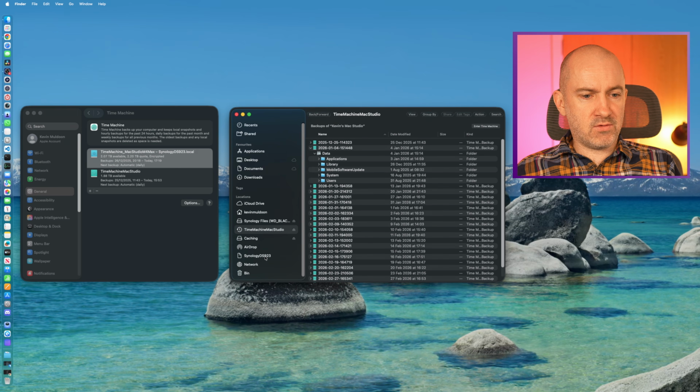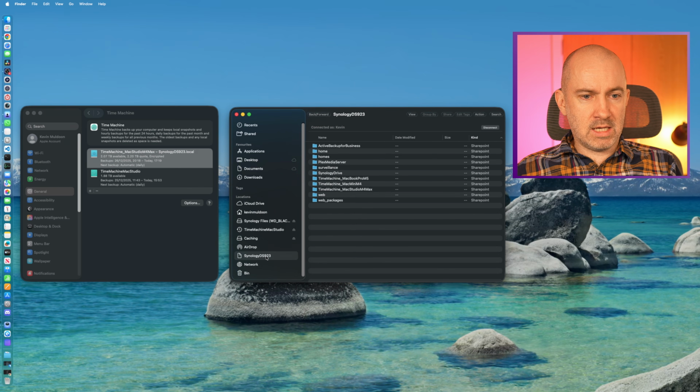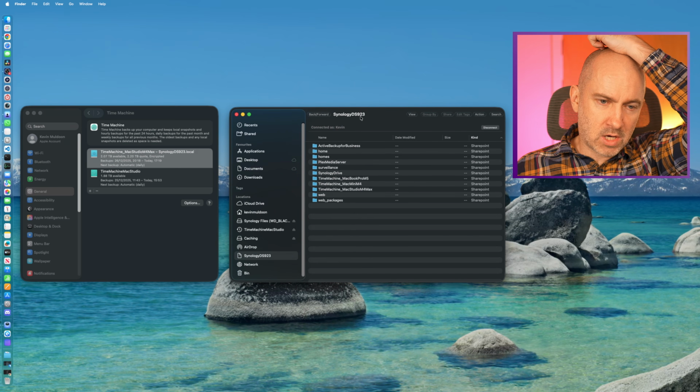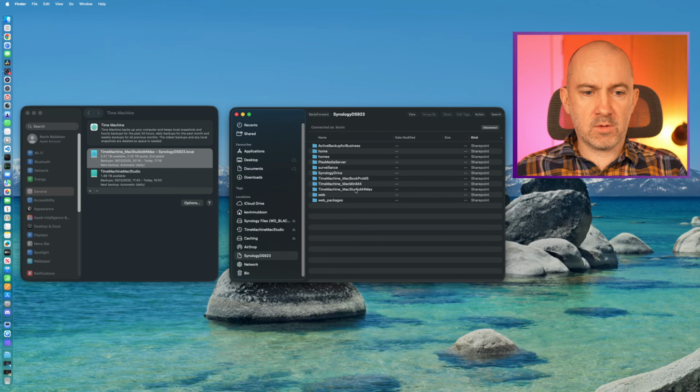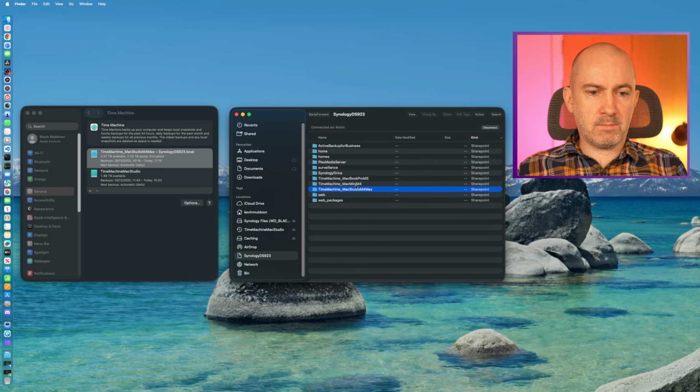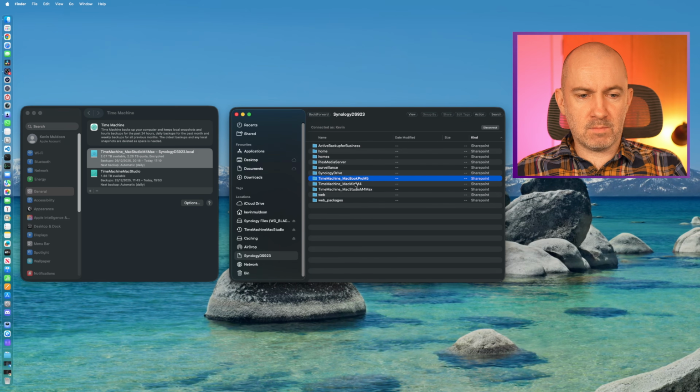So you can see that I've got my Synology NAS there. So this is my network drive. And because it was added there, I could then select my dedicated folder for backups. And you can see here, I've created dedicated folders for my Mac Studio, my Mac Mini, and my MacBook Pro. So I have since sold my Mac Mini, but my MacBook Pro is backing up to my NAS